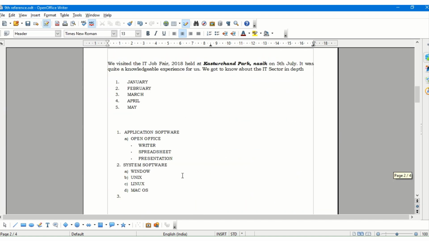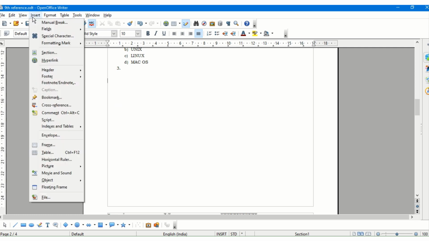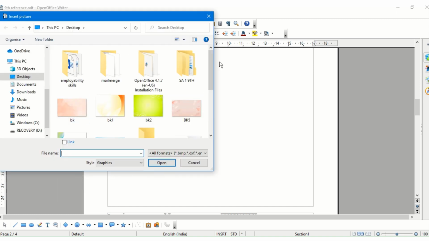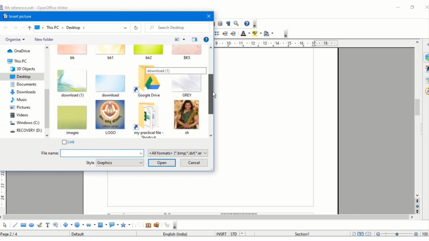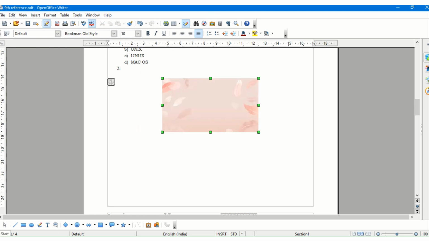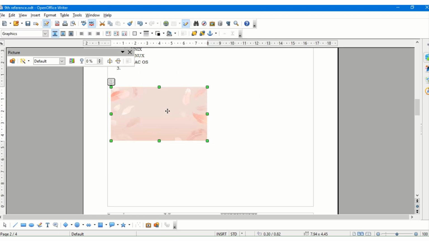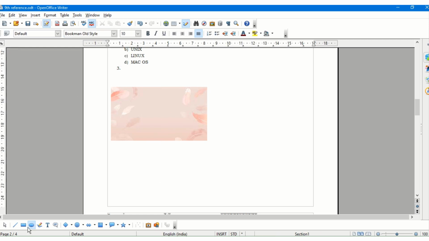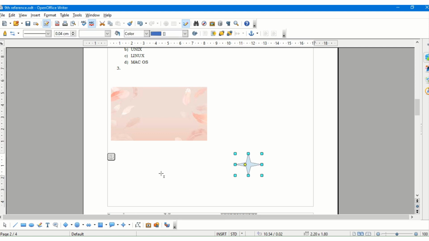Other than the fields in the header and footer region, we can also insert certain objects into our document. That means we can insert pictures from any file. Suppose I've got some pictures which are ready. If I want to insert this picture, I can click on Insert Picture from the list. The only thing I need to remember is which location I have saved the image or picture in. I can also insert certain drawings from my drawing toolbar, like smileys, images or callouts.